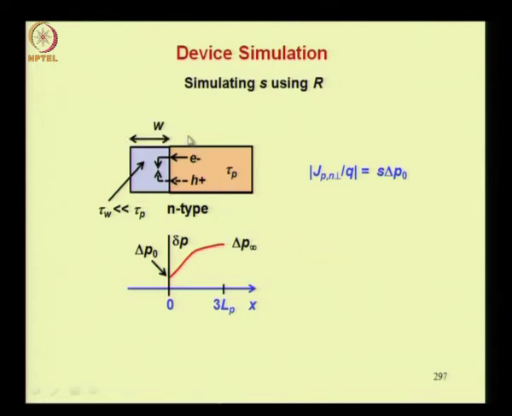Let us assume the width of that region is W. To start with, let us say this W is more than 3 times the diffusion length of holes in the region W, that is L suffix W. Now L suffix W will be much shorter than L suffix P, because lifetime of holes in this region extension is much less than the lifetime tau P in the bulk. Now what will be the effect of this on the excess carrier distribution? So the excess carrier distribution will decay to 0 as shown here in this region. So far away your excess carrier concentration will decay to 0.